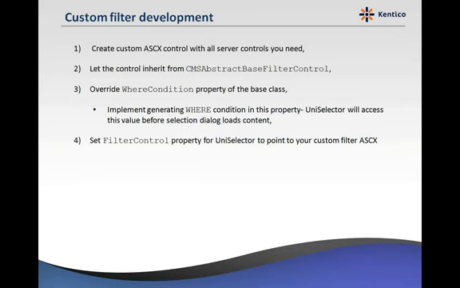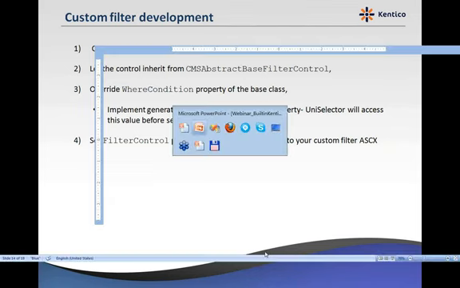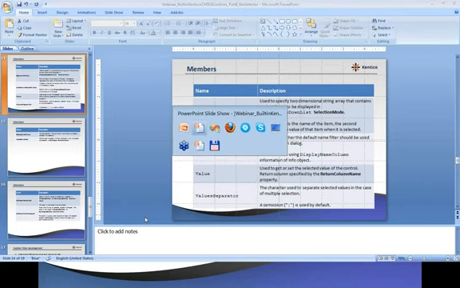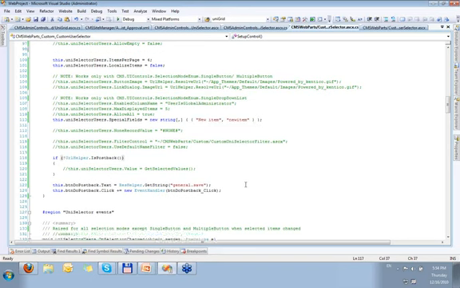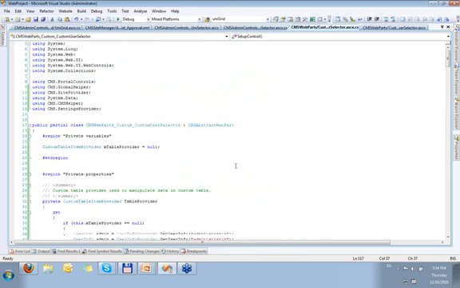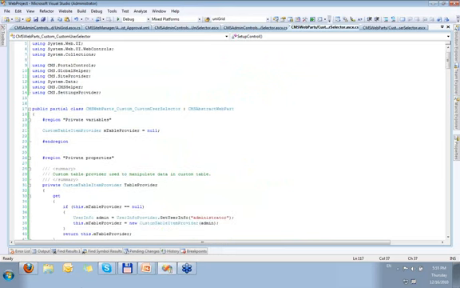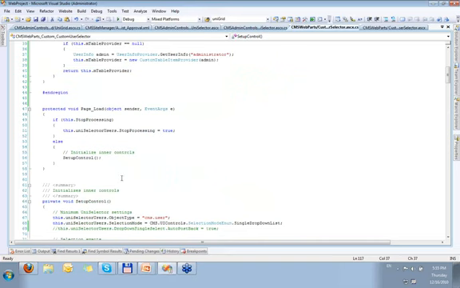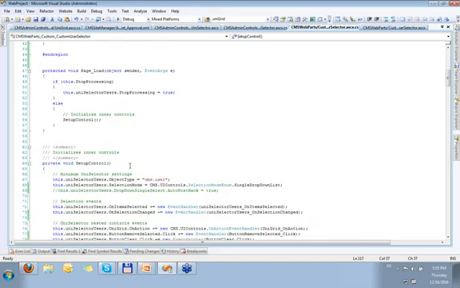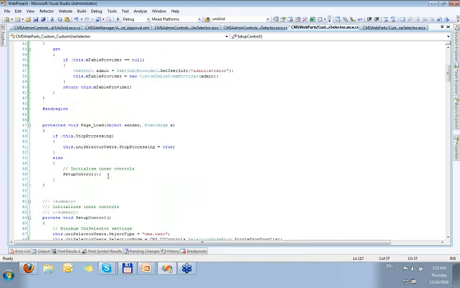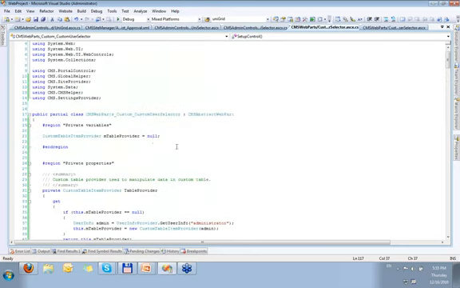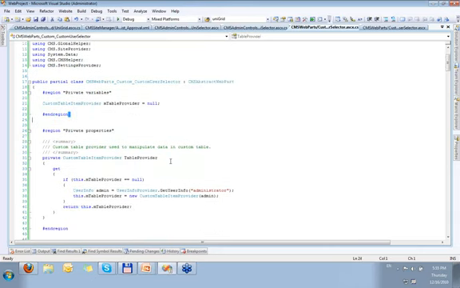We have finally got to the custom filter development part. Before I show you how the custom filter might be developed, I would like to show you how the UniSelector, or how your custom web part based on the UniSelector, might look. So as I mentioned, I have a web part that follows the rule that the web part needs to inherit from CMS abstract web part. My UniSelector